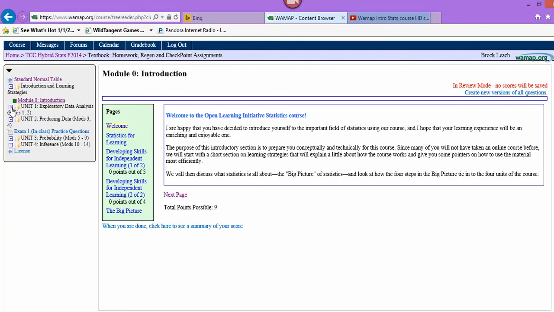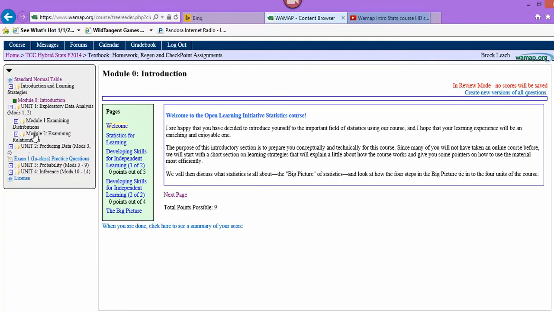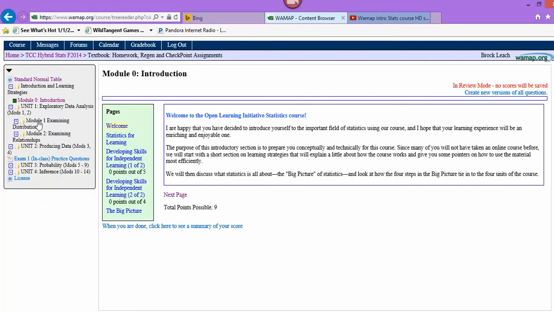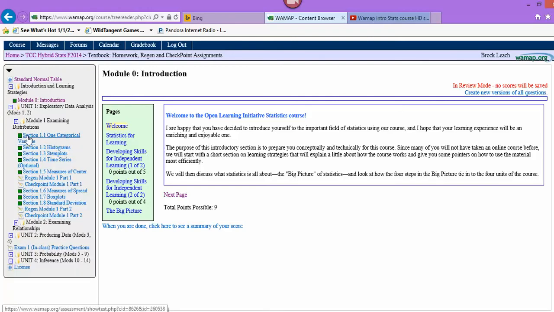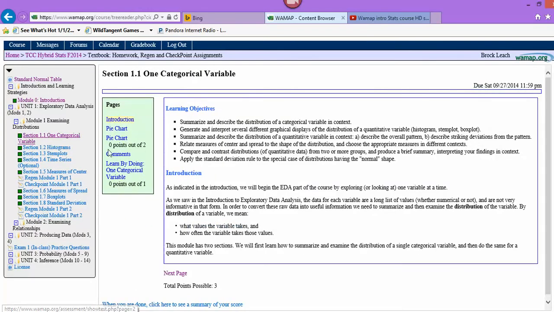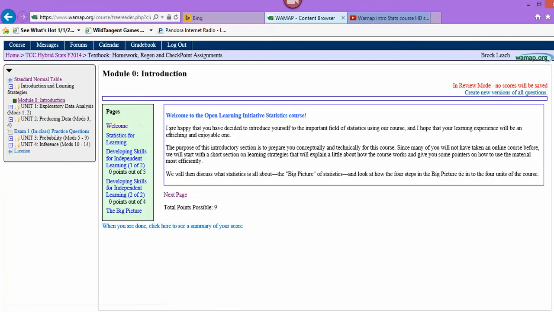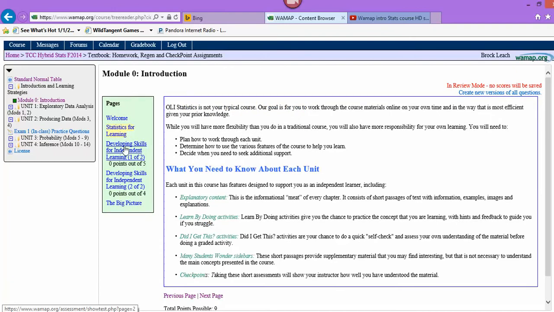Under each of these units, they're broken down by modules. So as soon as you click on any one of these, actually, let's see. Module 1 here. You can go there and it's going to give you all the stuff from section 1.1, which all lines up with what's in your syllabus, etc. We clicked on module 0 here, so we're going to go through this. One thing you're going to like about this book is it's not a ton, it's very readable, and